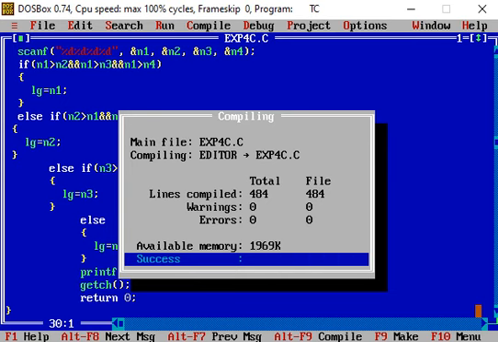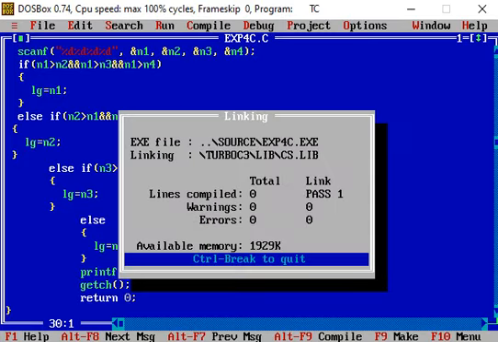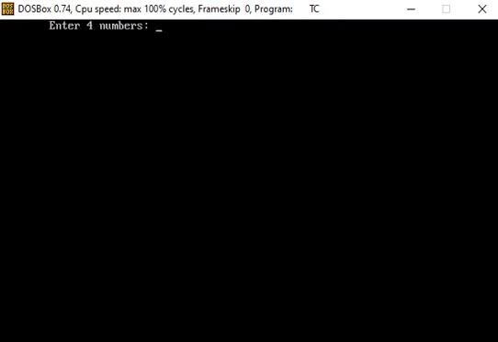So we can run the program. Let us run the program. On the output screen the message is: enter four numbers. Suppose we enter four numbers like this: 34, 21, 67 and 54.